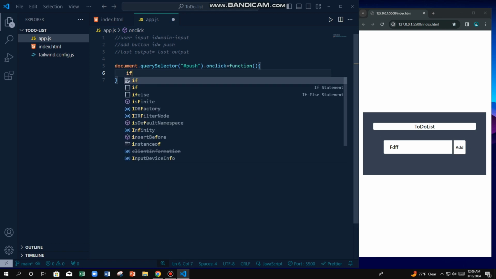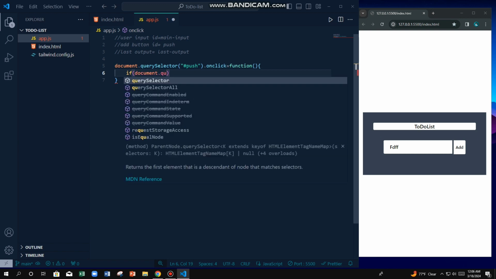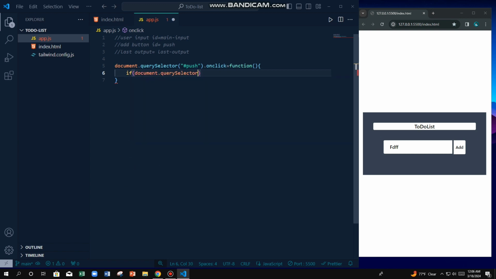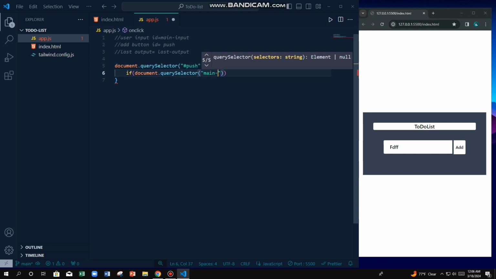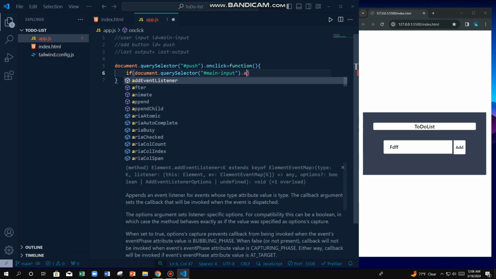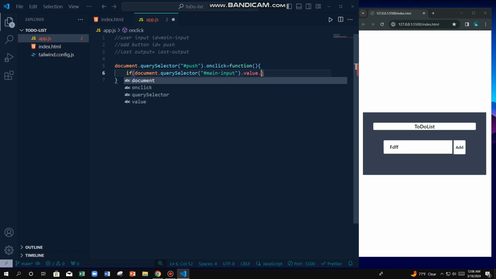When I click the push button, it will call an event and a function, creating an if-else statement. If document.querySelector main-input, and the input value length is equal to 0,